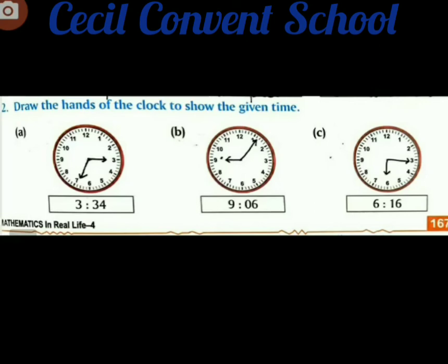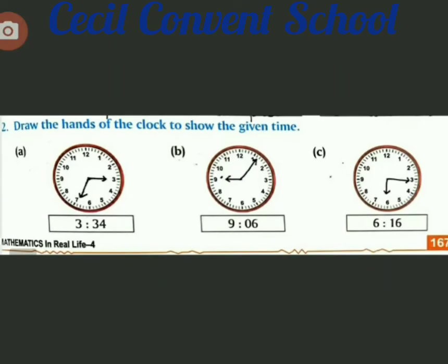Now we do B part. The shorter hand is on 9, and you have to see 6. How does 6 come? You know that if it is on 1, we consider 5. After 1 we will take one line. Clear? That will be 9:06. Now student, we do the next one. 6:16. So it will be between 6 and 7, and the bigger hand is one division after 15. So where is 15? If it is on 3, we consider it 15. So one division after it, the first line after the 3, is considered 16.